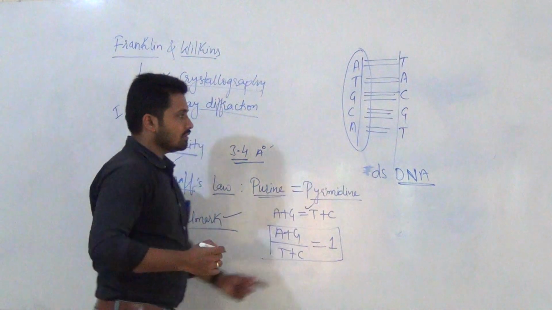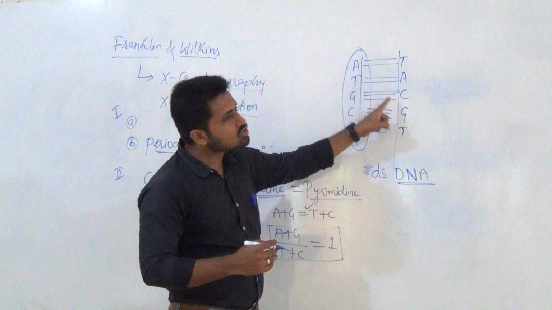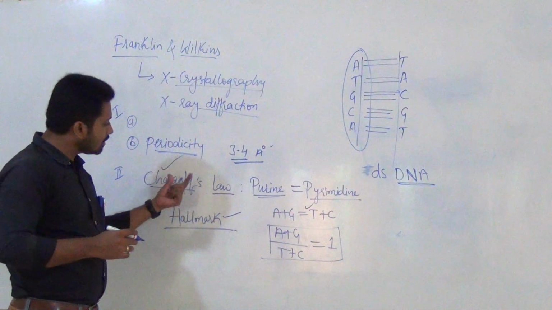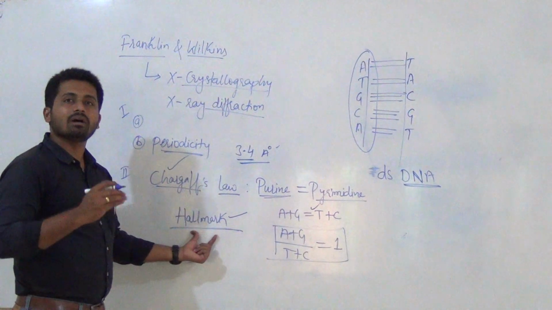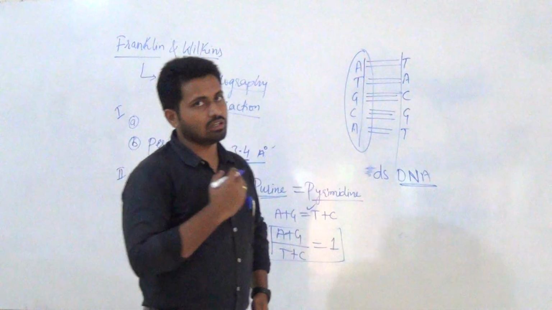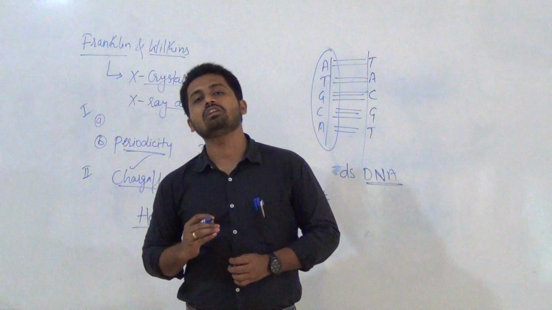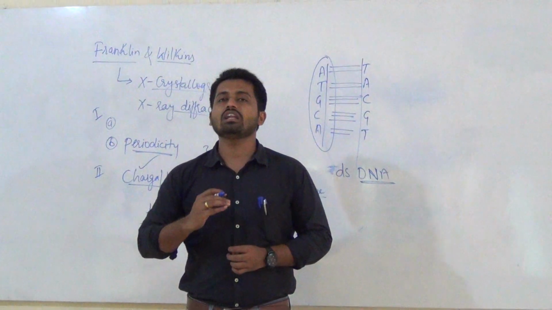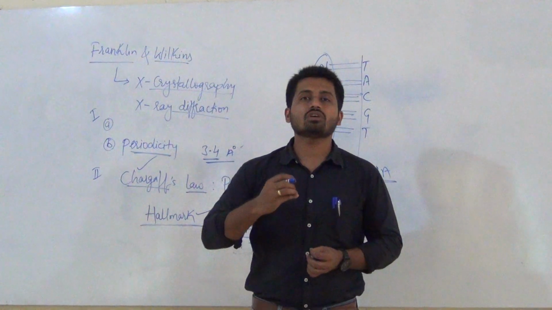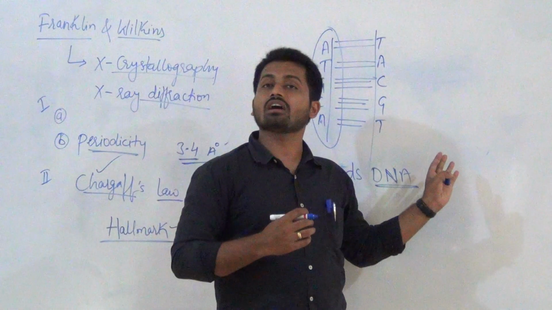Hallmark because if we know the sequence of one strand, we are able to predict the sequence of the other strand, and hence this very important information given by Chargaff is considered a hallmark in the study of DNA. Based on these studies, Watson and Crick in 1953 proposed the DNA duplex model or helix structure of DNA, which is of B type, which we studied in detail with the beautiful diagram in the last class.